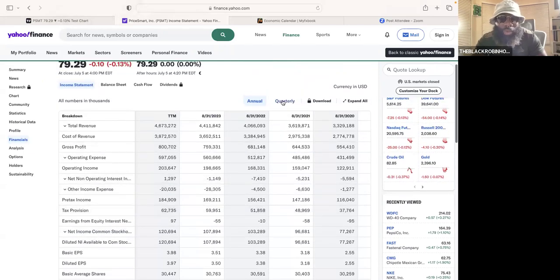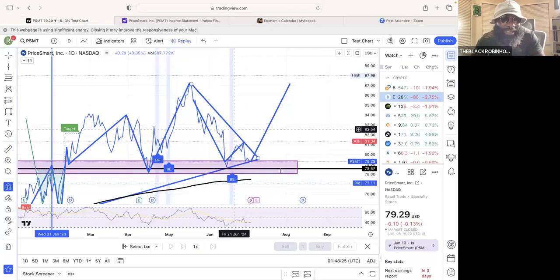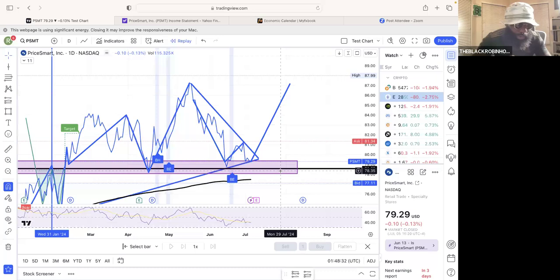So let's look at the last quarters. Last quarter, equivalent to where we are now, maybe close, 1 billion revenue. August of 2023, 1.1, 1.16, 1.2. So this is like a no-brainer. They've been moving in the right direction. It doesn't mean they cannot miss, but it gives us confluence, right? It gives us more confidence to make a move. So